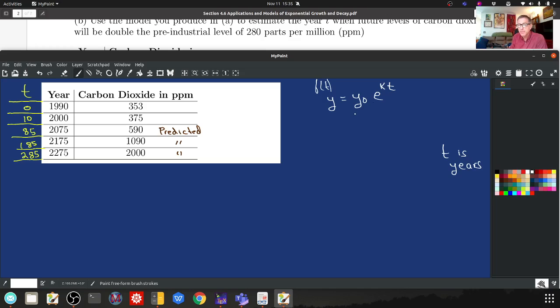t is our variable. So our value of y naught is the amount we had that corresponds to t equals 0. So y naught, our original amount at t equal to 0, is 353. Our objective here is kind of like inverse and direct relations, ratios, what we did at the last of chapter 3. We need to estimate